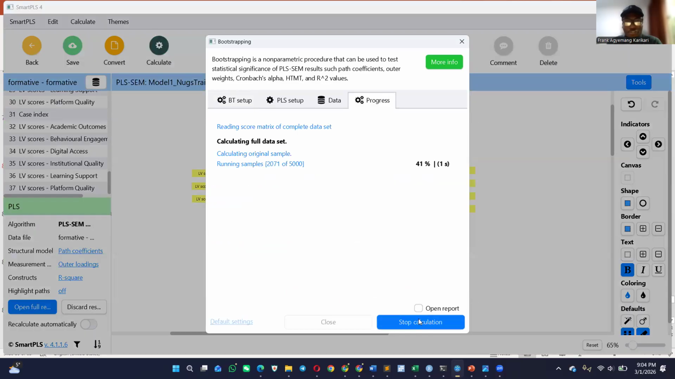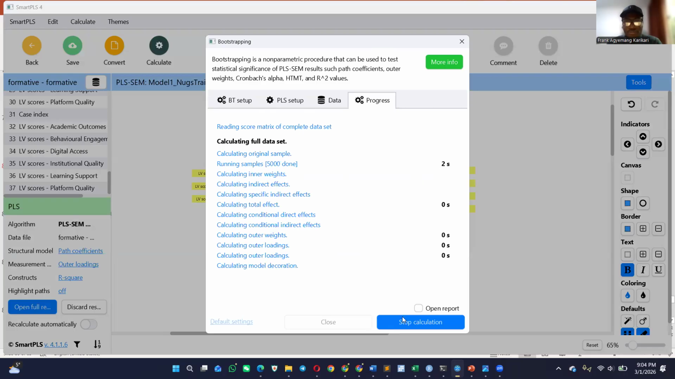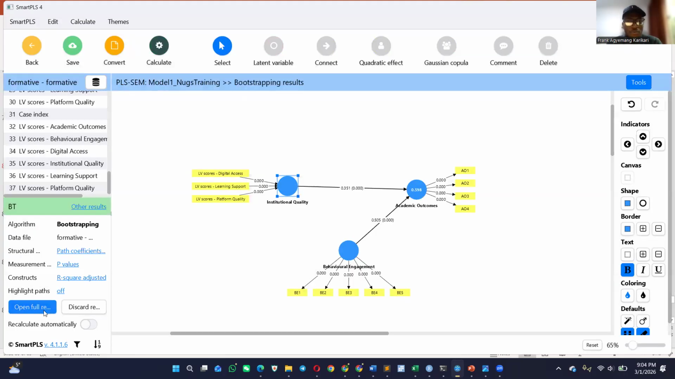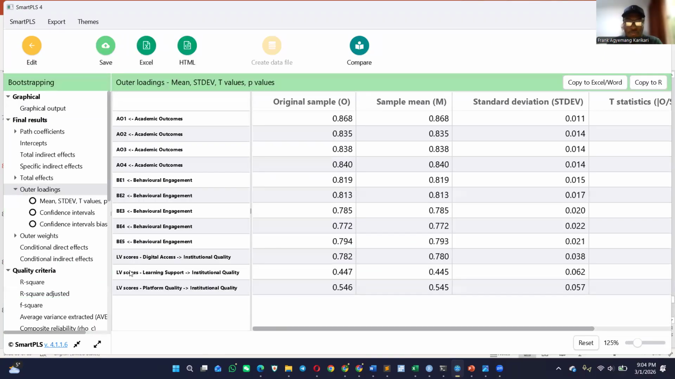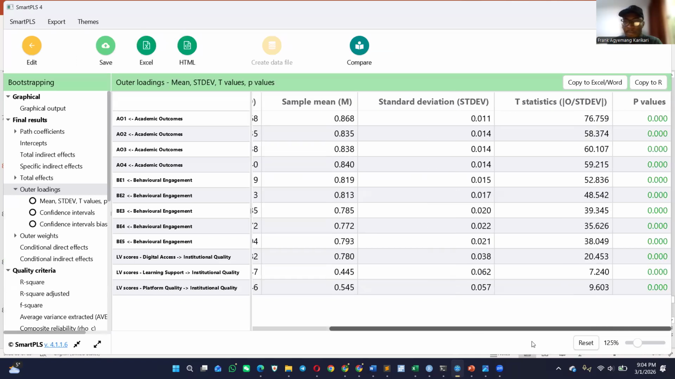So let's run a bootstrap. And once we run that, we go to the loadings and then check for the learning support and then the platform quality, which didn't meet the criteria. So now once this is significant, it means that you can go ahead and retain it. So assuming that one of these is not significant, you have to delete it from there. You have to delete it as an indicator,